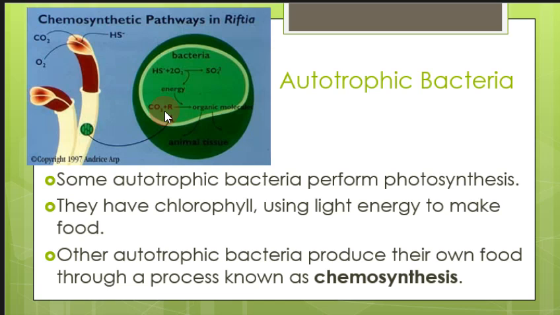Some of them perform photosynthesis. They have chlorophyll. So in other words, like a plant, they have chlorophyll, which is the green stuff which allows them to perform photosynthesis. They use light energy to make food, and the other ones are the ones that perform chemosynthesis. So that's what we're looking at right here in this picture, our chemosynthetic bacteria, because these right here are